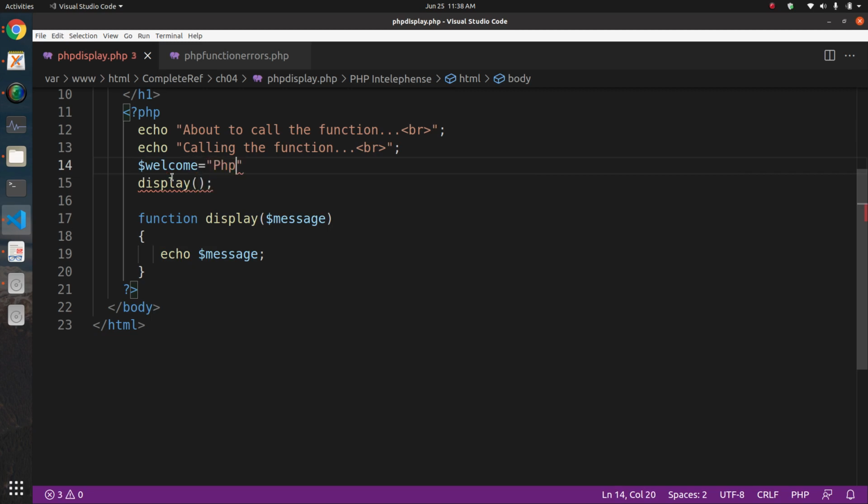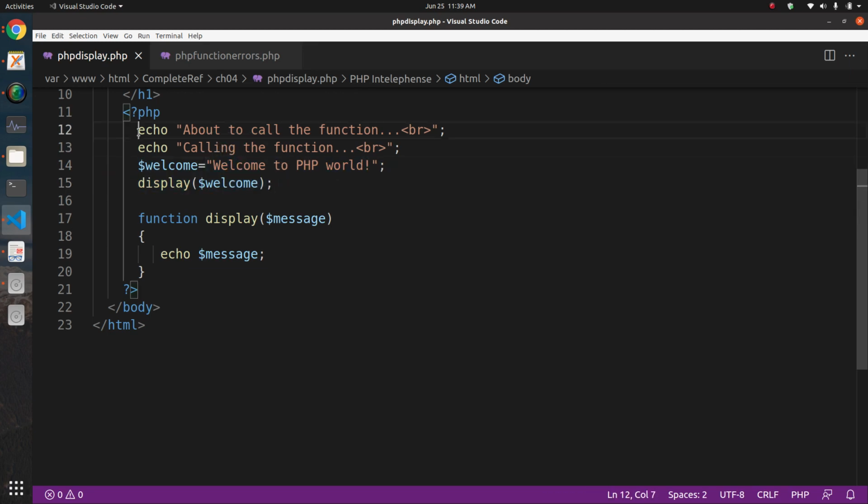I am just putting some message, welcome to PHP world. Some message I have specified. So there is a variable that is having some message. I am passing this variable to this function display. So now you might be expecting you will see this message, okay.